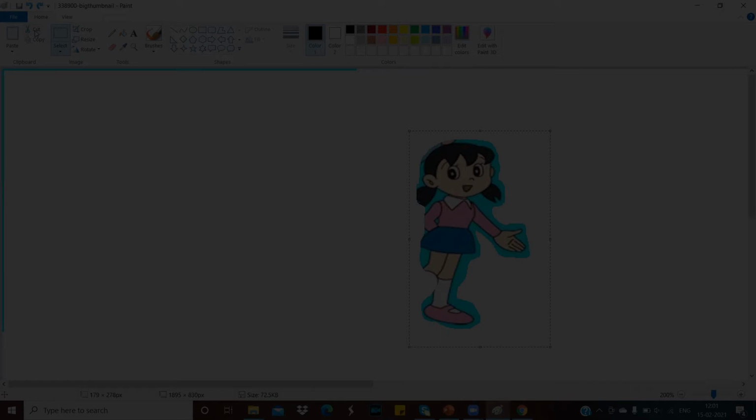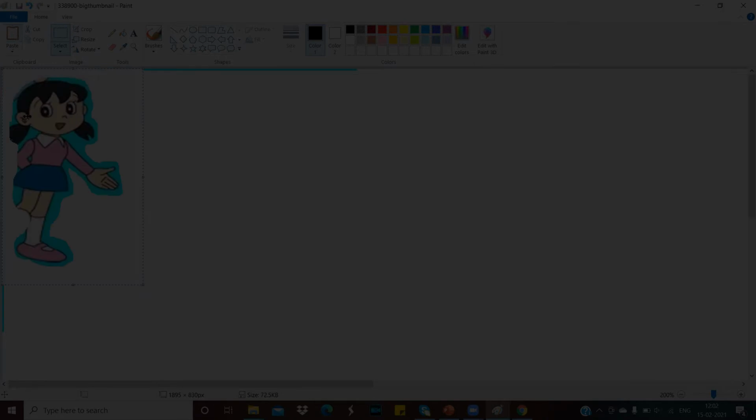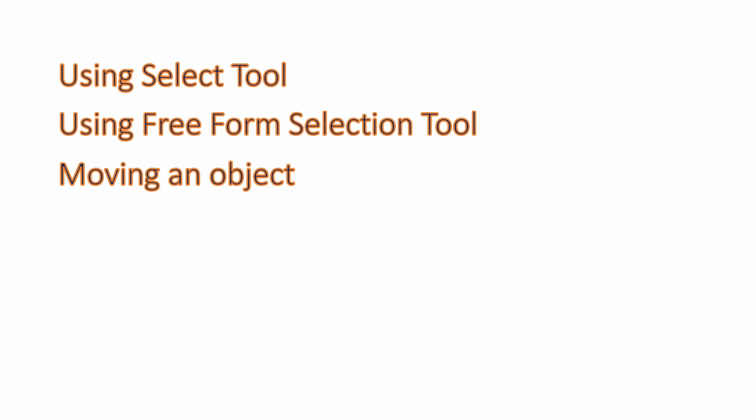From the home tab, you can see the cut option here. Click on it. Then you can see at the left side in the home tab itself the paste option. Click on it. See, it is moved to the top left corner.